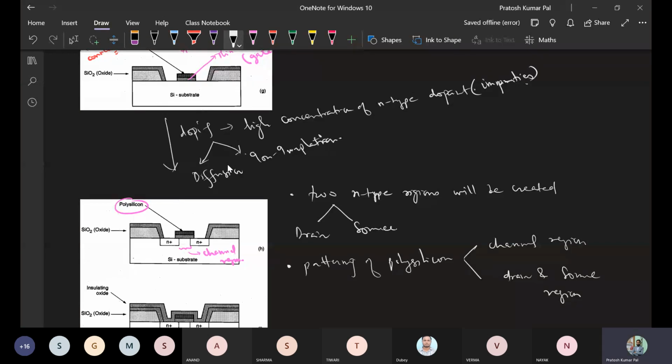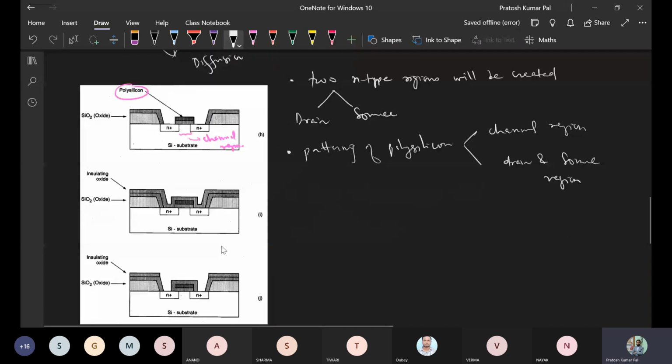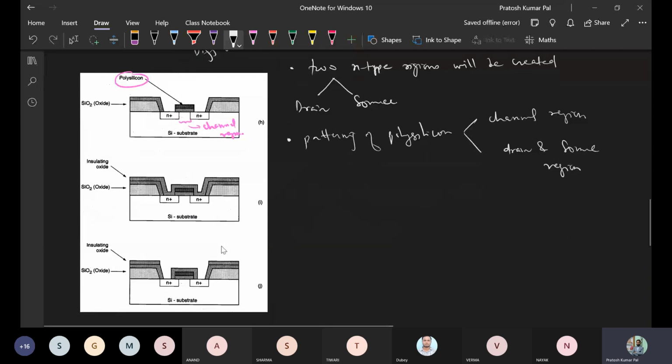Once we have done the doping for the source and drain regions, next we will be depositing another layer of oxide. So after that we will have oxidation again.